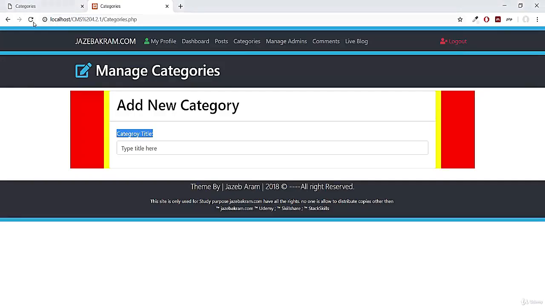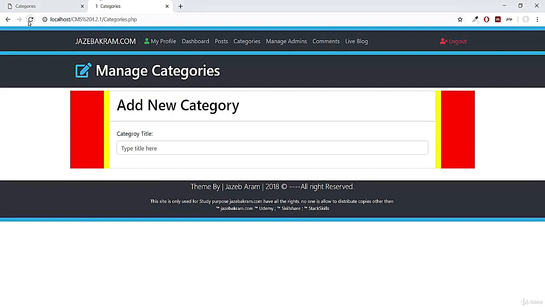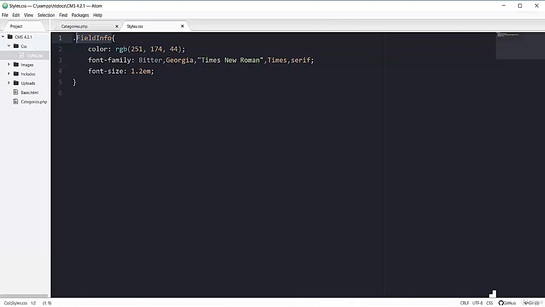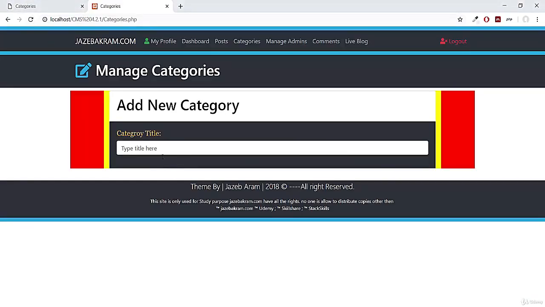If I refresh my page, first of all I have to save this styles.css file. Now if I refresh my page, you can see this category title here. We can also style this whole card according to our website layout. We are following the darker color, so I'm gonna make card body to be darker one. So back to my editor. Here inside our card, inside the div of card body, I'm gonna apply the class of bg-dark. If I refresh my page, see, and now let's also add some style on our whole card.